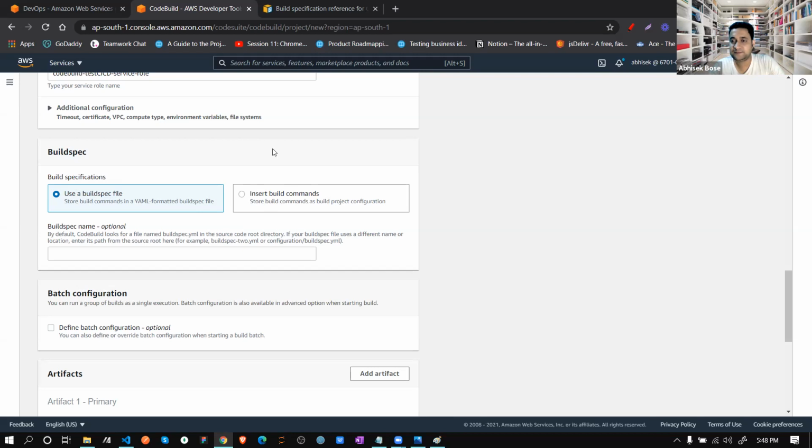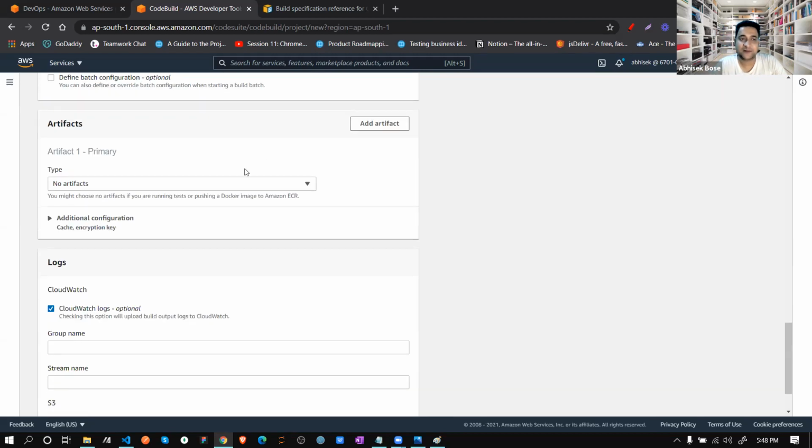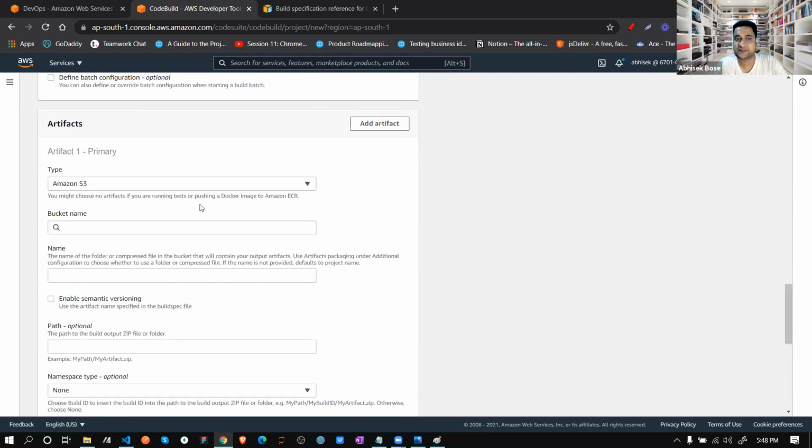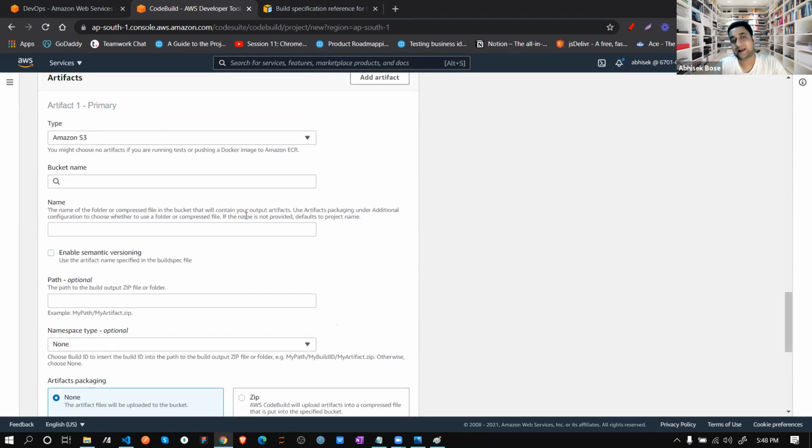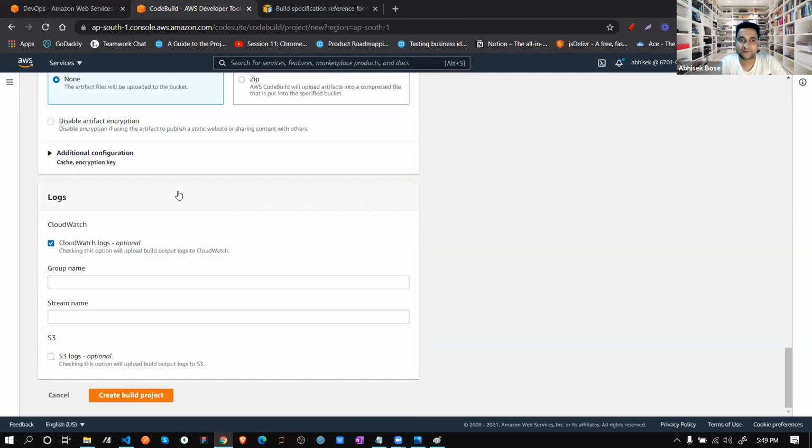Got that? So once this is done, see these artifacts, as I already mentioned, you can store in S3. Now S3 means what? Obviously those are buckets. S3 basically means a bucket, like a storage device. There you can have multiple buckets for different projects, so you have to create a separate bucket for your project only. There you are actually storing those artifacts, and that's all, nothing else. Then you have to create the build project.